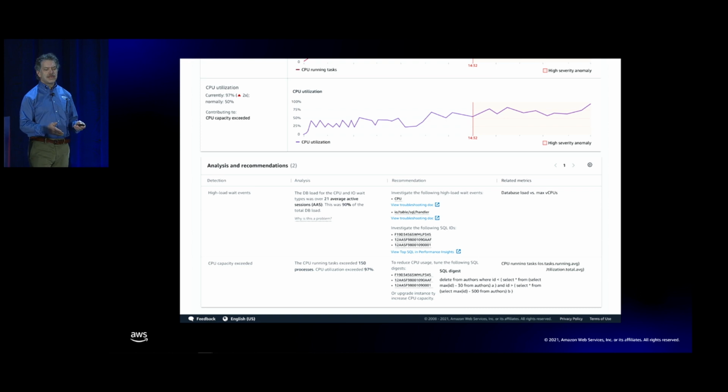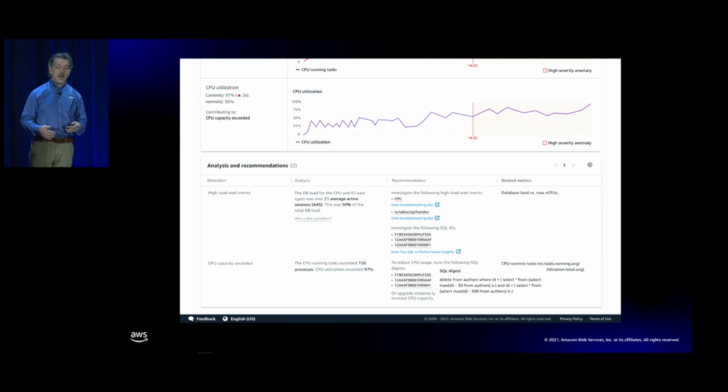Those types of database wait event names are typical of the ones that you'll find in the MySQL performance schema. The performance schema in MySQL is the feature that you enable in order to get wait event instrumentation in MySQL. So as part of this project, we realized that these wait event names were inscrutable to customers and also not really documented anywhere. So our database engineers at AWS undertook a separate initiative to research and document the most commonly seen wait events in the MySQL performance schema. And we did it as well for Postgres.